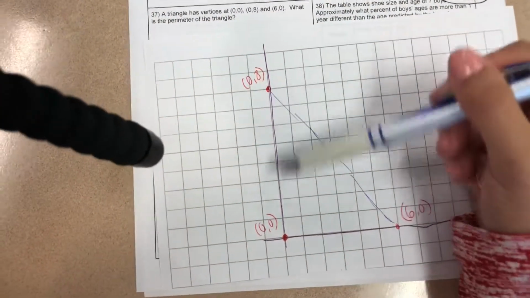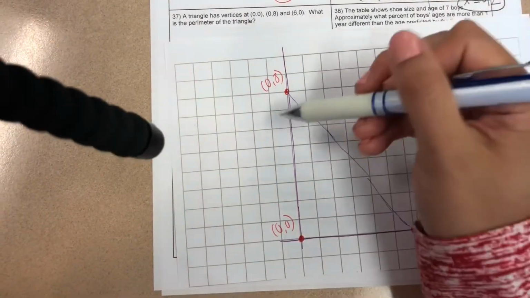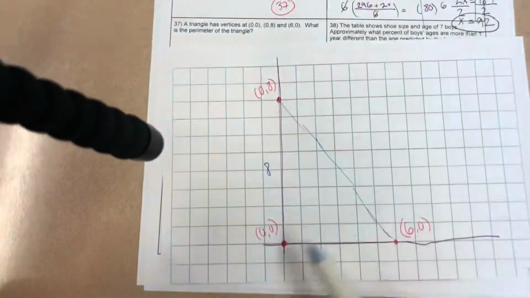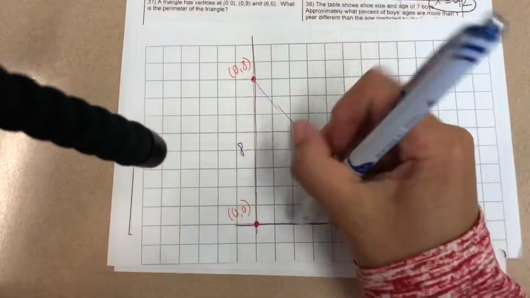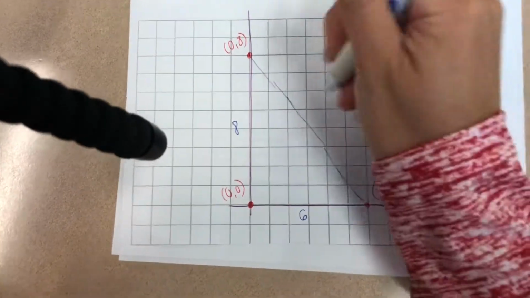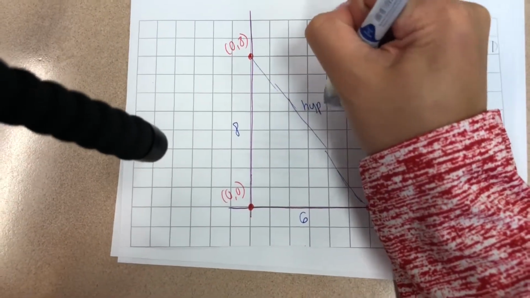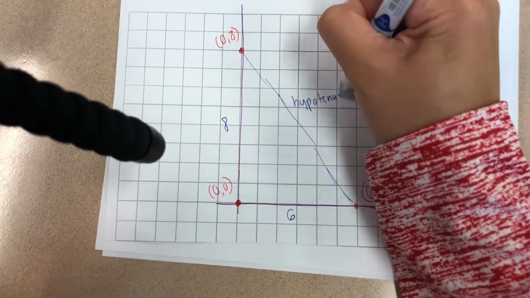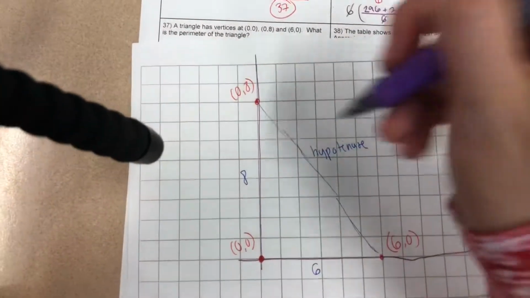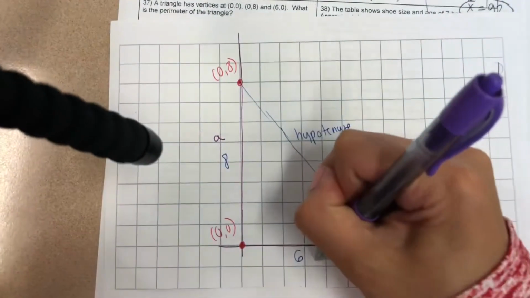So up and down, I go from 0, 0 to 0, 8. So I can count them right here. It's going to be 8. On the bottom, I go from 0 to 6. My other leg is going to be 6. And this side, I do not know. This is the hypotenuse. So if I want to label, this is going to be leg A, a leg here B, and